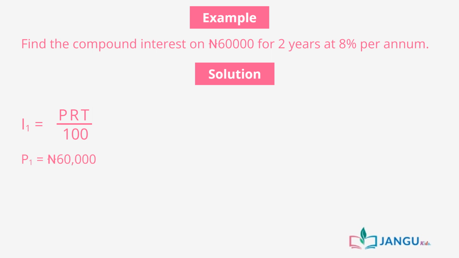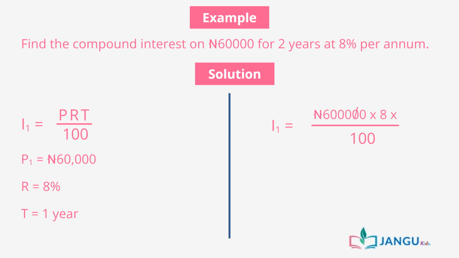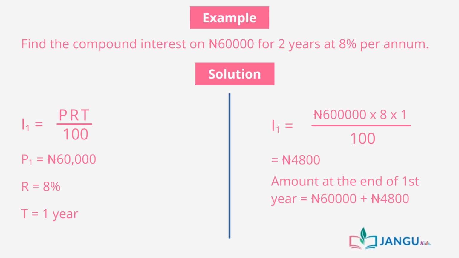Given that the principal is 60,000 Naira, rate is 8% and time will be 1 year since it's per annum, hence 60,000 Naira times 8 times 1 all over 100. 0 cancels 0, 0 cancels 0, 600 times 8 times 1 is equal to 4,800. Amount at the end of the first year will be 60,000 plus 4,800, which is equal to